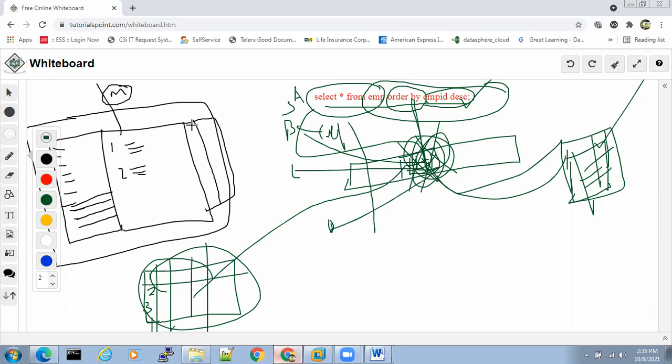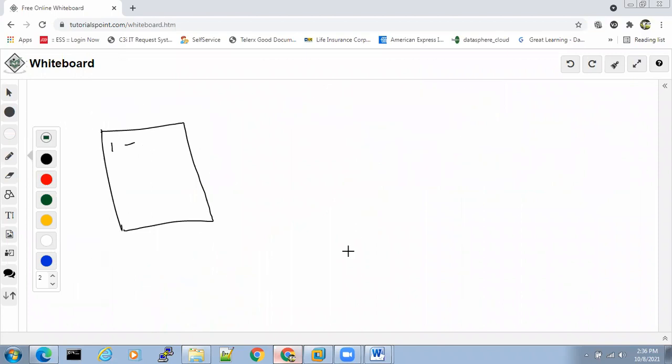Just like our MCET exam. We are solving the problem. We are ticking or checking the correct answer. And we can erase this space and use the same space for the second question. And then we can erase the space and use the same space for the third question. Understand what I'm talking? Yes, sir. Nothing more in temporary table space management. Okay, that's it about the temporary table space management.